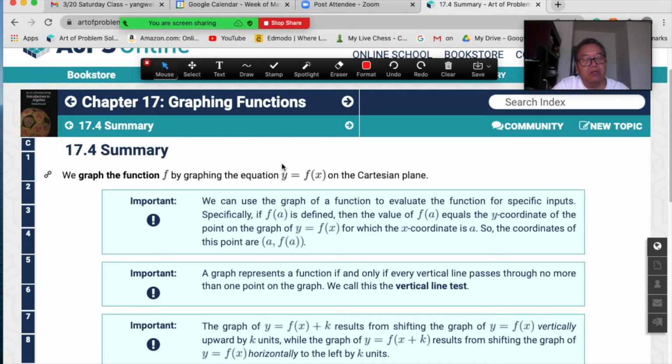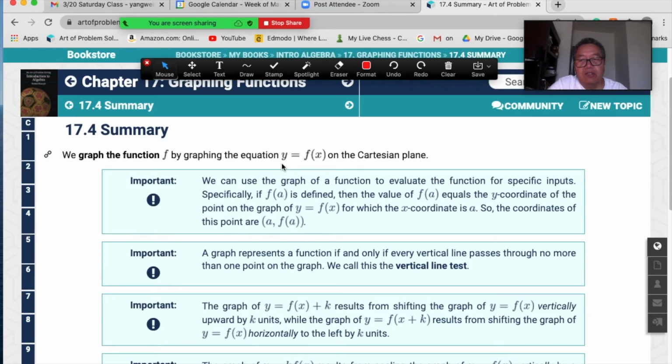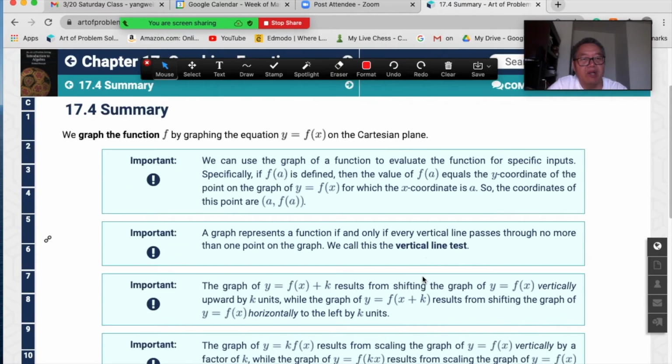Then we can also do the stretch and reflection. Then we can get very complicated function graphs. So to check if a graph is a function, you need to use a vertical line check. If you can get more than one intersection point,